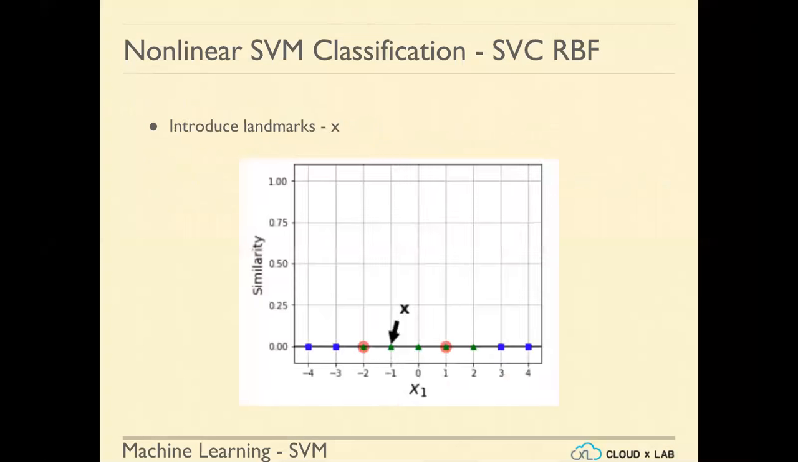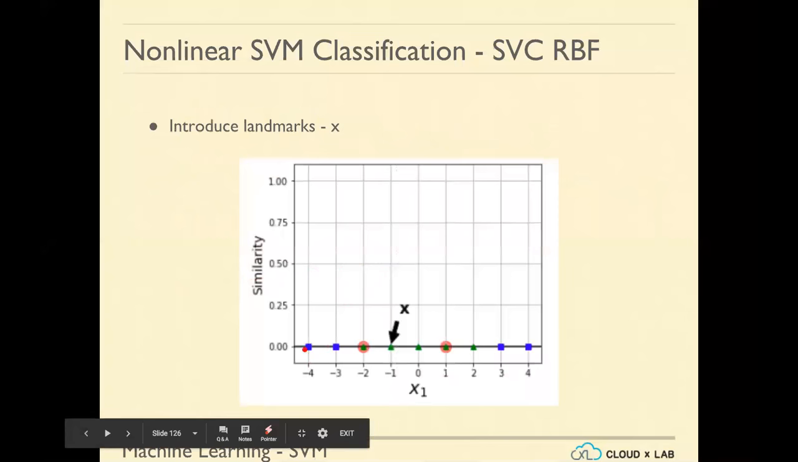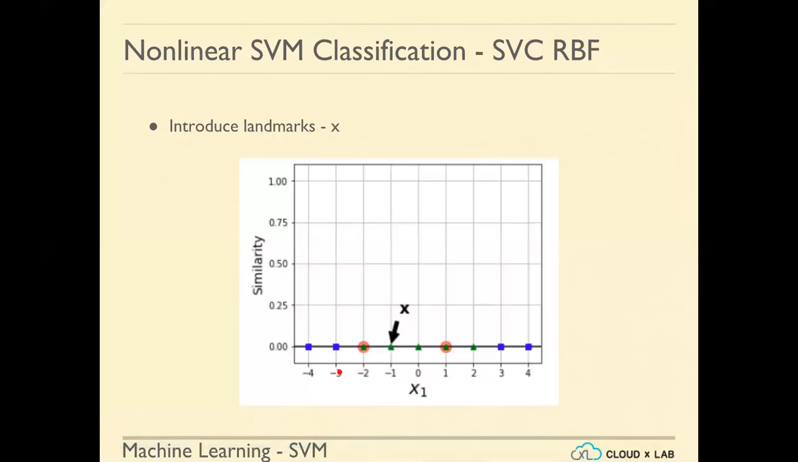Now, let's say we introduce a landmark called X. This is our data set. It has -4, -3, -2, -1, 0, 1, 2, 3, and 4. -1 belongs to a different class, 0 belongs to a different class, -1, 0, and 2 belong to the same class, while the rest belong to a different class. So what we do is